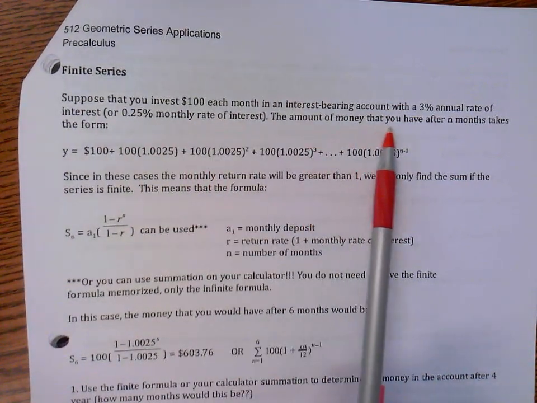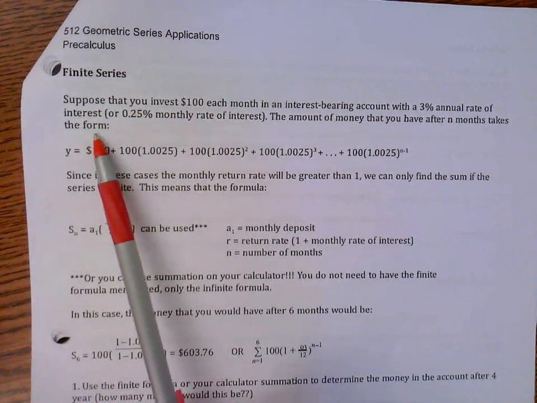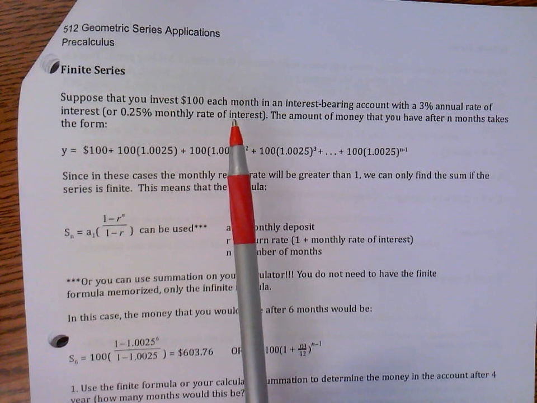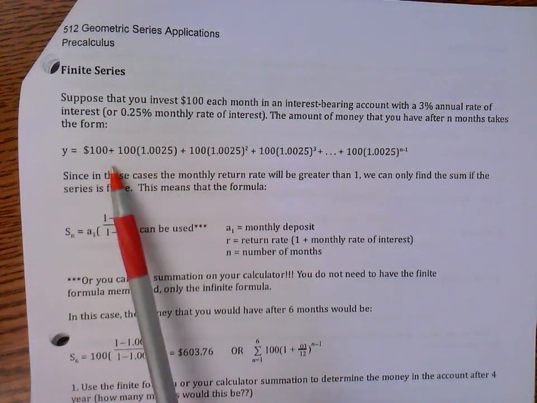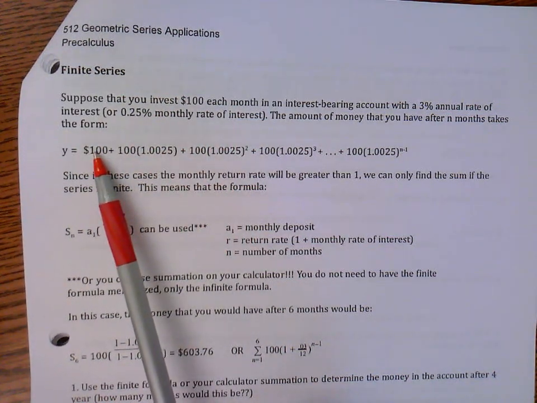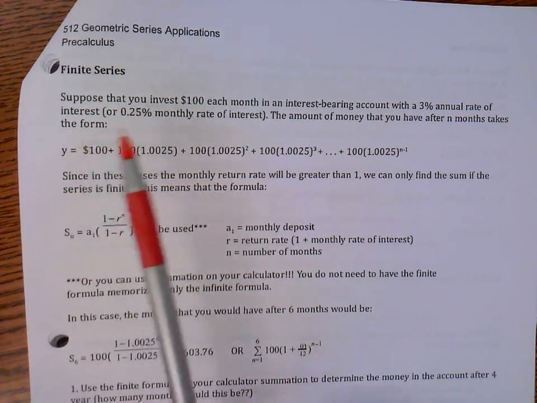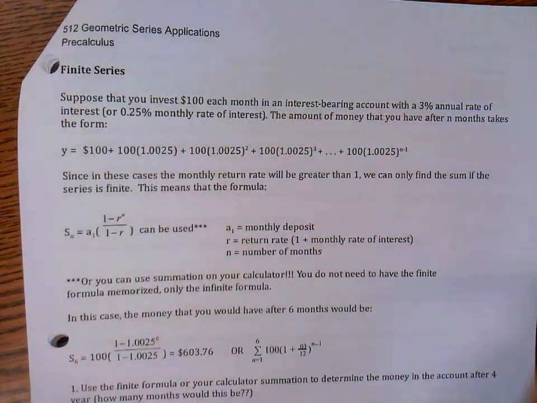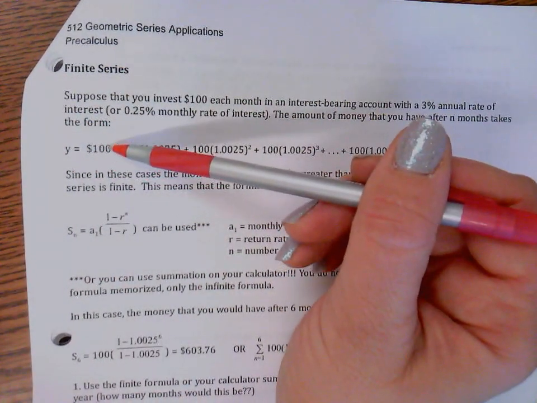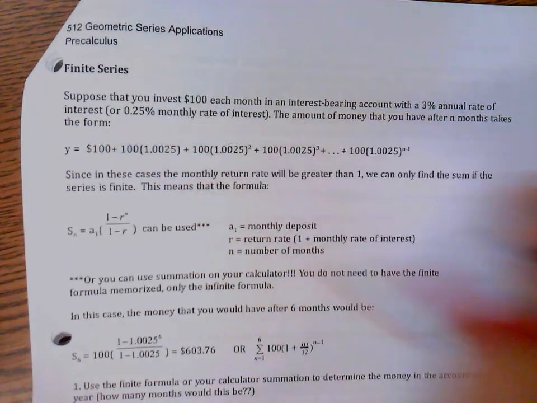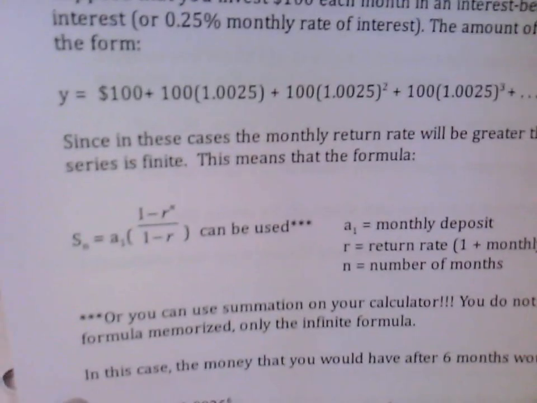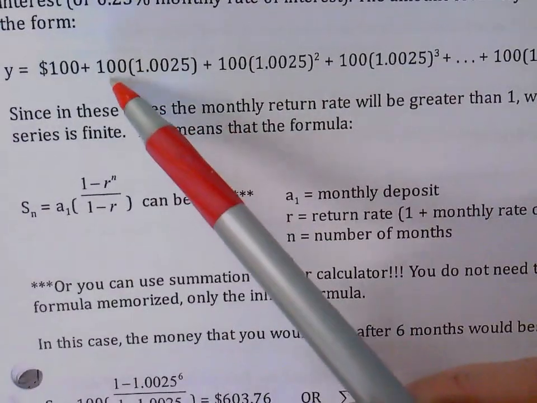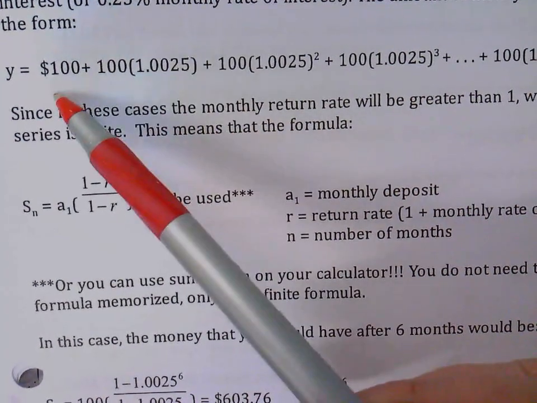So the amount of money that you have after n months would take this form. This is different than interest calculations in the past because now you're adding more every single month. In the past, we would invest like whatever, $1,000 and let it grow. Now I'm putting in 100 and an extra 100 and an extra 100. So let's just pretend that this is January, right? January, this $100 gets invested, but I don't have any interest. Well, what happens in February is that I get a monthly interest paid out on January's, and then here's February's